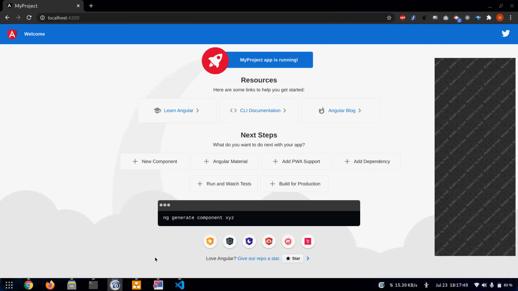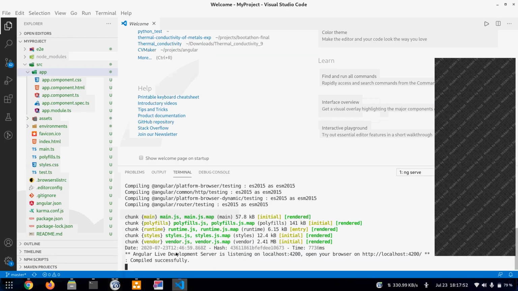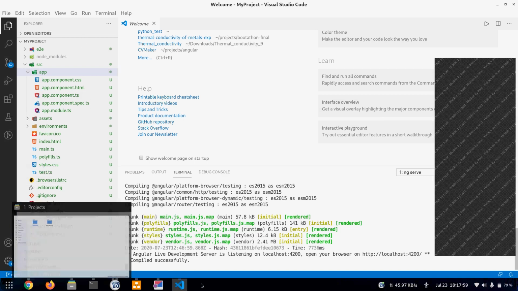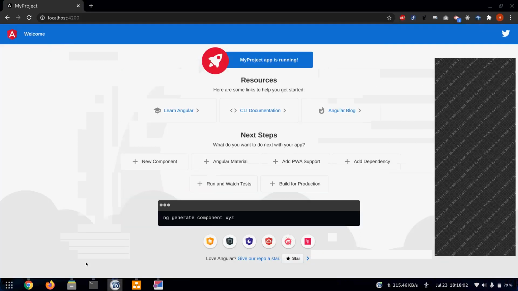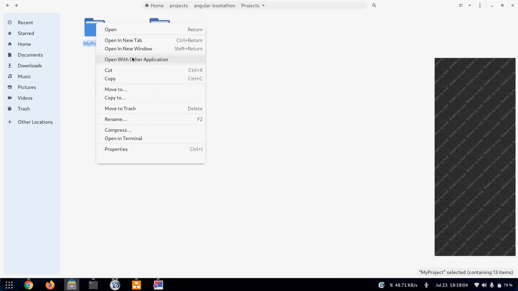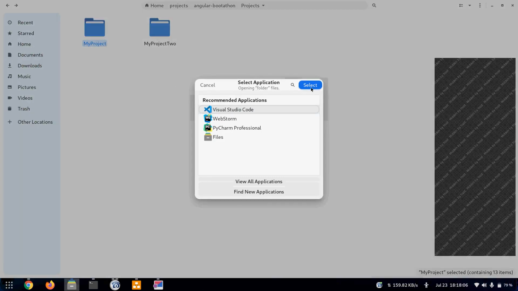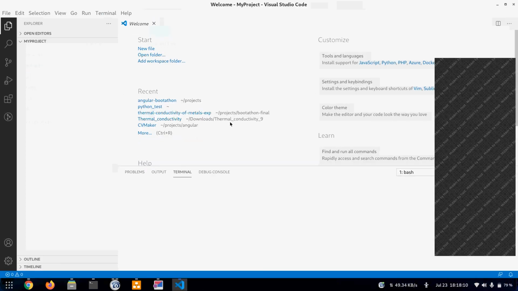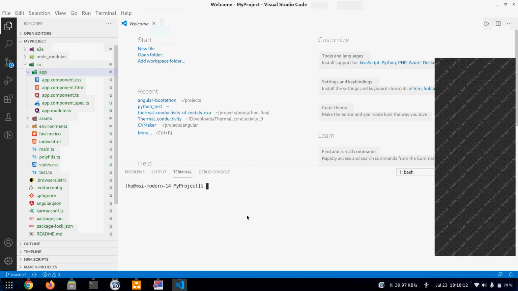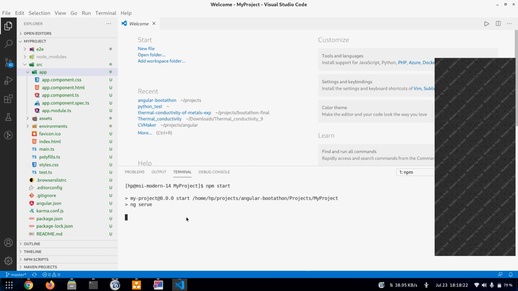Harshit, could you please repeat once the thing where you did with VS Code, please? We open VS Code in that project. Like here is my project. I right click on it and open with VS Code. Now in the terminal, I can write ng serve or I can also write npm start. Both are the same commands. It runs ng serve behind the scenes.